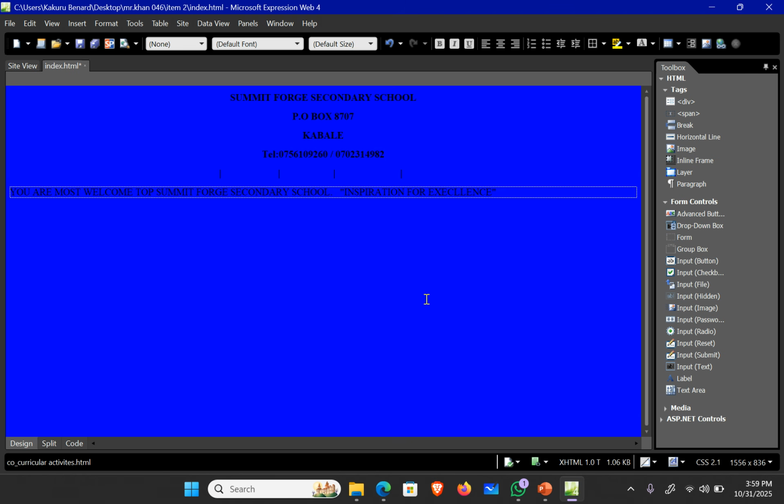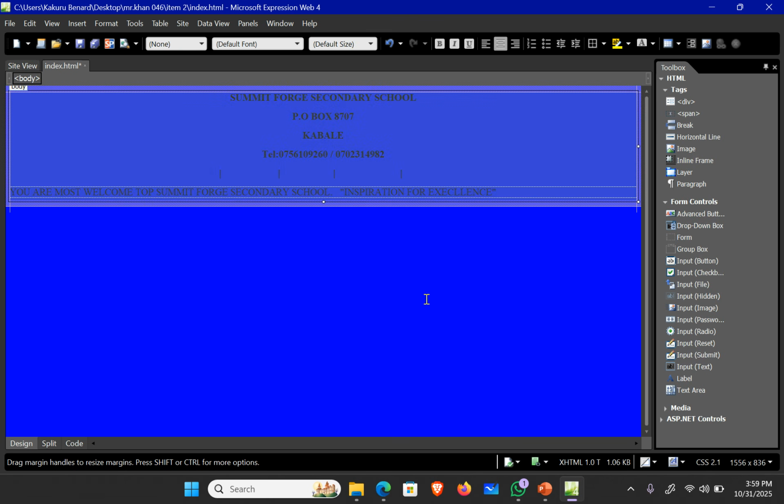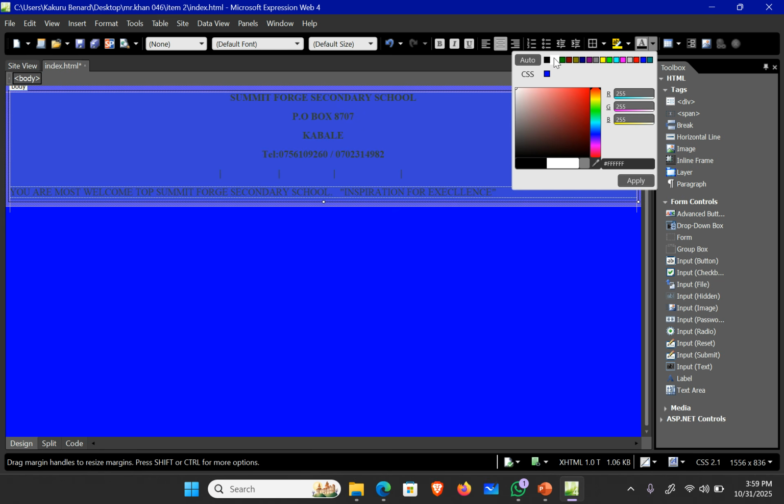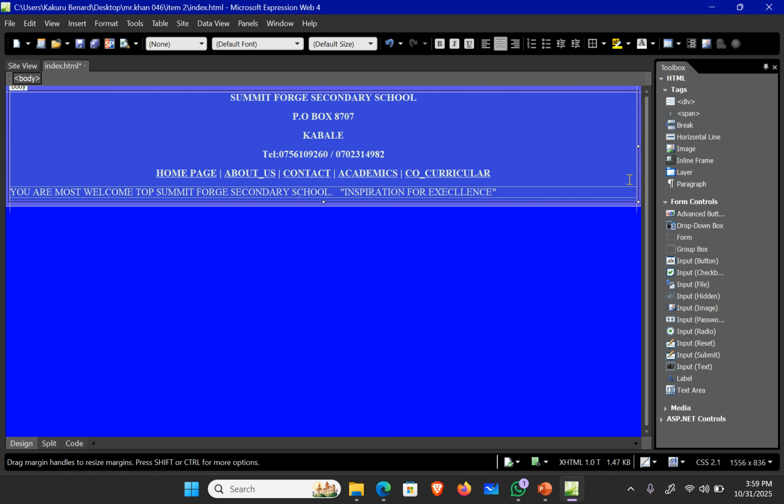So when you give it a blue color, all the rest of the work will disappear or will not be all that clear, because the hyperlinked pages will also be in blue. So what will happen? We shall now try to give them different font colors. Maybe you may give them white for visibility. They look better